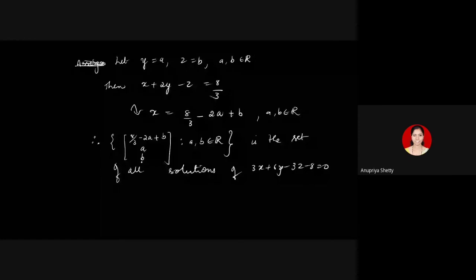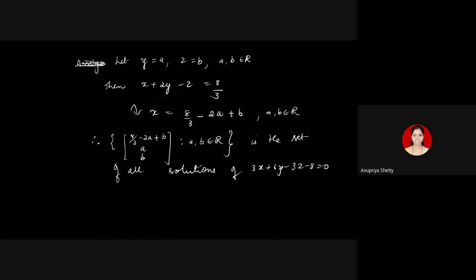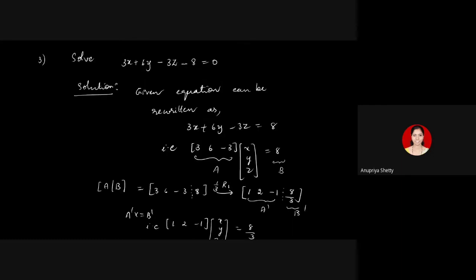So you give values to a and b. You can take a and b to be 0. You can take a equal to 1, b equal to 1, a equal to 2, b equal to minus 1, anything. So you will get infinitely many solutions here. We had three problems: the first one had only a unique solution, the second one had no solution, and this is an example where we have infinitely many solutions. It is not necessary that you have only one equation. Even if you have more equations, and you see that the last row echelon form has some column which doesn't have a pivot in it, in that case you give an arbitrary value to the corresponding variable. So you will get infinitely many solutions in such a case.